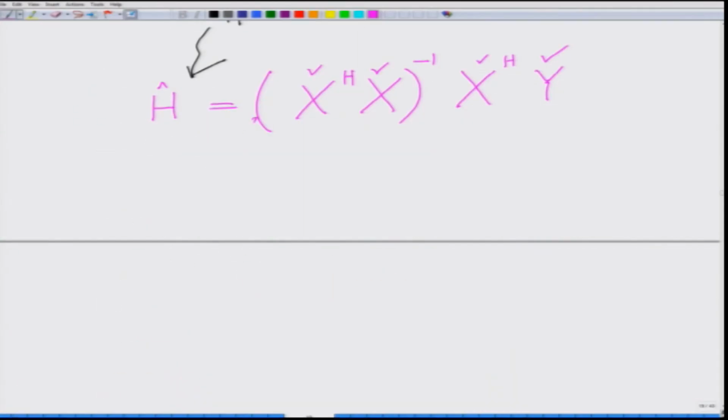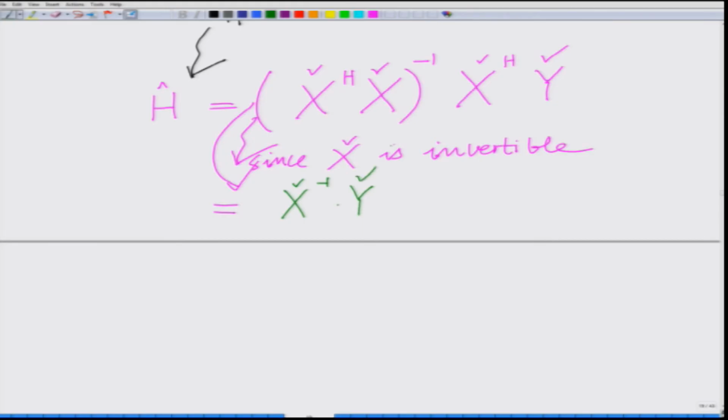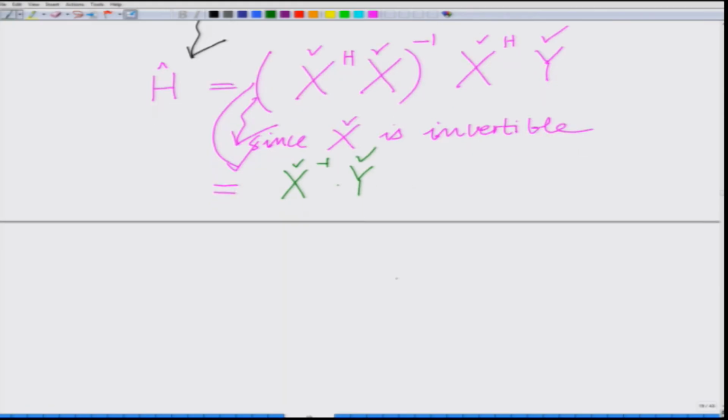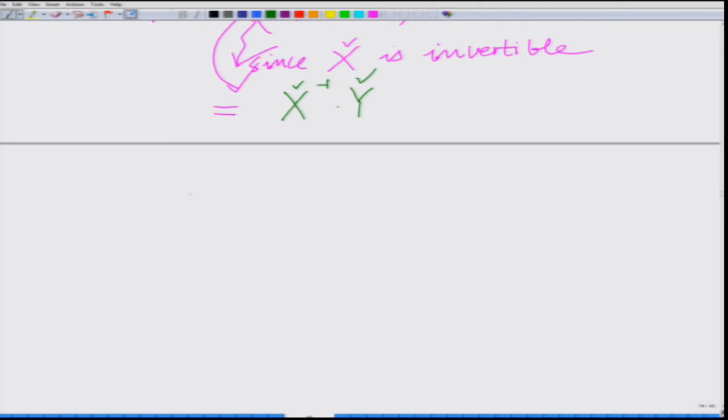Therefore, this can be simplified, since X check is invertible, this is basically equal to your X check inverse times Y check, and since X check is diagonal, the inverse of X check is simply